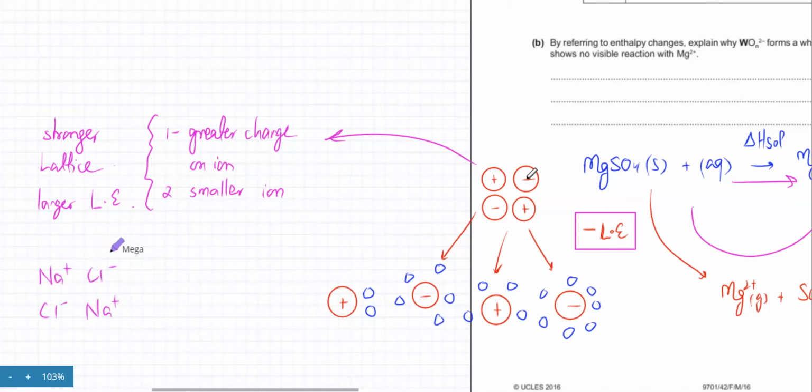Okay, so it's very easy. You stir a spoon and the ions just scatter. They all dissociate. The ionic bonds break. But on the other hand, if you have